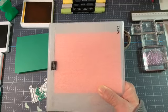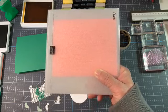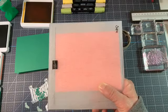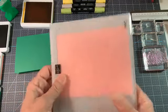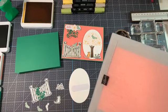The catalog for us as demonstrators today will go live at 3 p.m. We will be able to see the catalog. Of course, we cannot share it. We're allowed to show the front cover, but that's it. We're not allowed to show what's inside. But the thing about the cutting machines have been all over Facebook, so I felt like I could go ahead